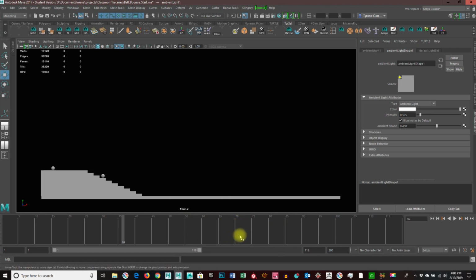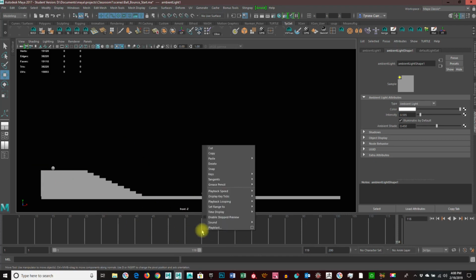So I can do a side or a front view in this case, and also a perspective view. So the way I'd want to do it, I could hit play and see what my animation looks like right now, so far. And I would speed up the end, but just so I could see what that looks like. I'm going to right click, go to PlayBlast Options,